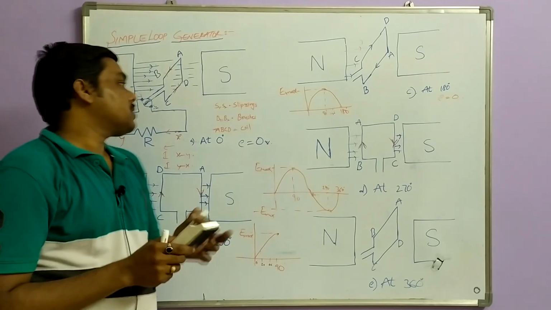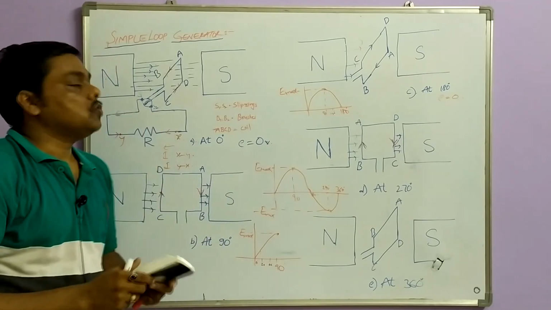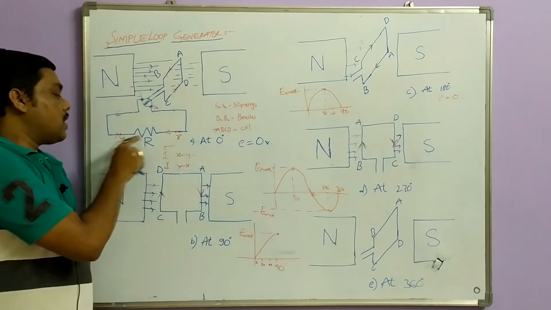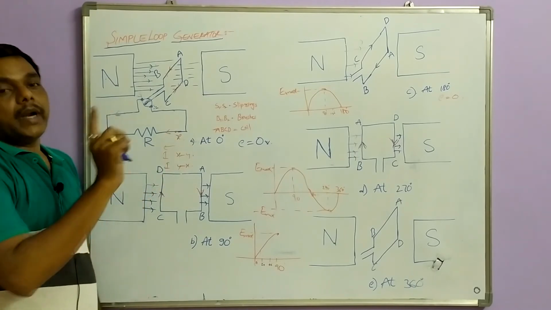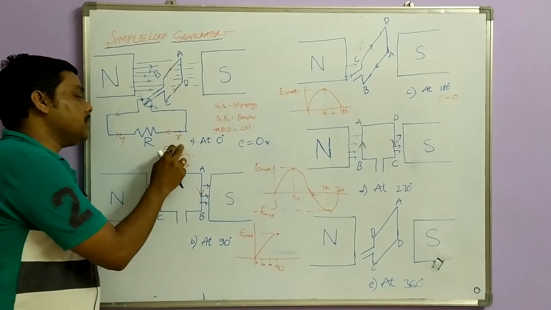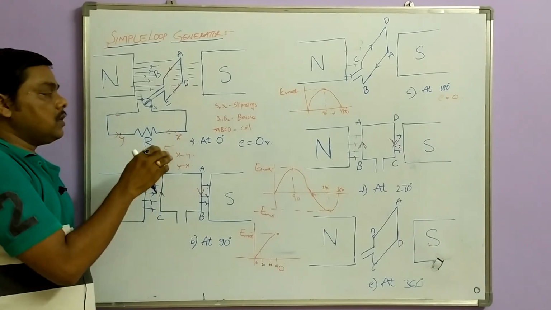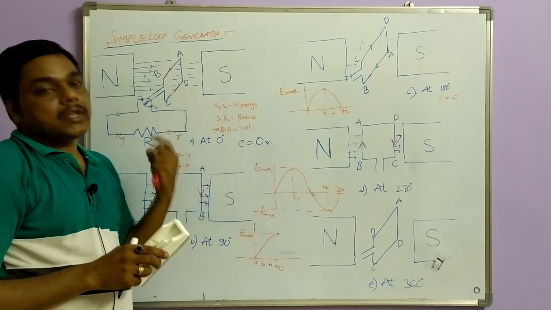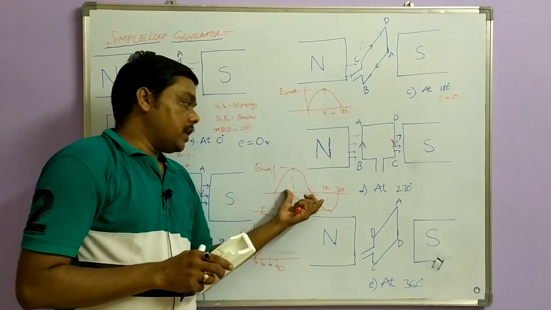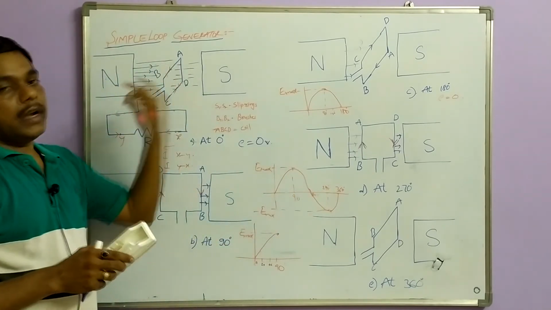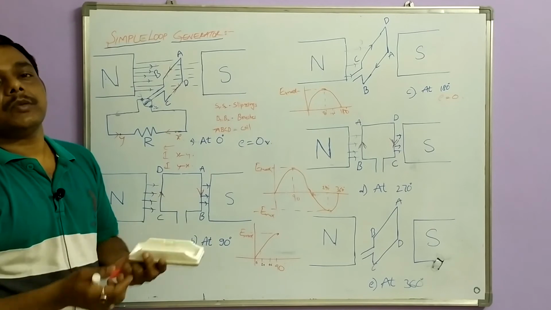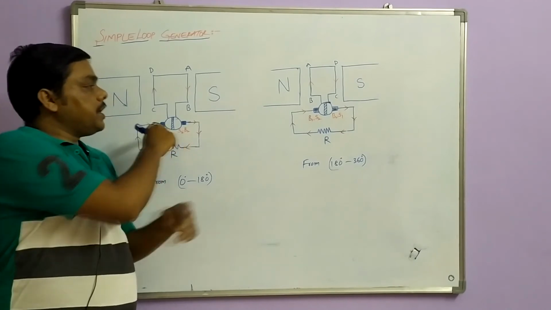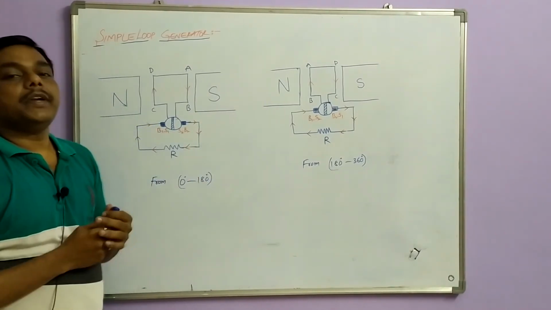So the main purpose of your split ring is to create the unidirectional current so that your current is always flowing in only one direction. It is always flowing from either Y to X or X to Y, so that you can get the unidirectional EMF. So that is the DC EMF you are getting. So by using this, we can run the different applications of DC motors and generators. You see what is the function of split ring when converting AC into DC.